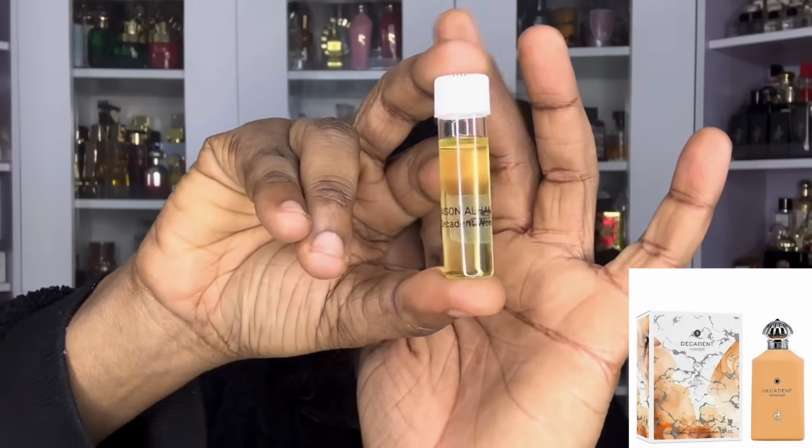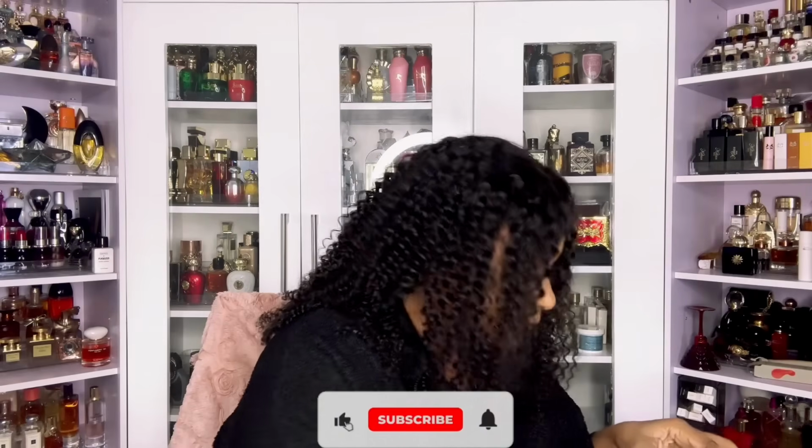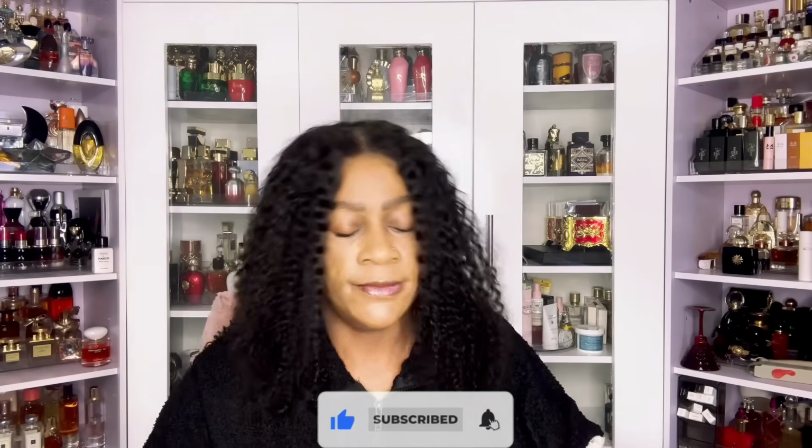I have this one. This one was so hard for me to find, guys. I was so happy to get it at Hygiecense. It was so hard to find as a full bottle, Decadent Wonder. Okay, the one that you always find is a Decadent Delight. This is off Maison Alhambra. This one is in the same vein as Love Delight or Love something. And I do have a little vial of that, so I'll be able to do comparisons for you and tell you my thoughts. So we have that Maison Alhambra Decadent Wonder,